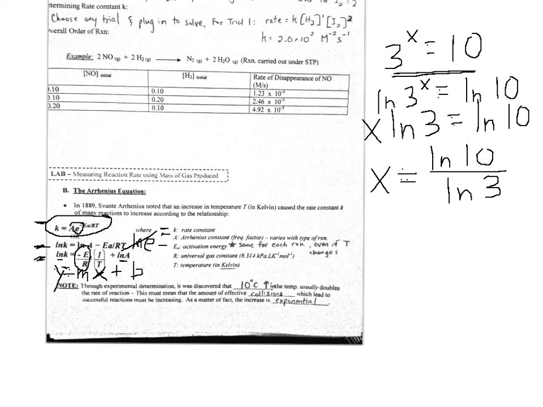Okay, the other type of problem, which you'll see in the next example, is let's say you carry out the reaction at one temperature and get the rate constant K for that temperature, and then you carry out the reaction. My daughter hates it when I do chemistry without her. So what I was saying was,